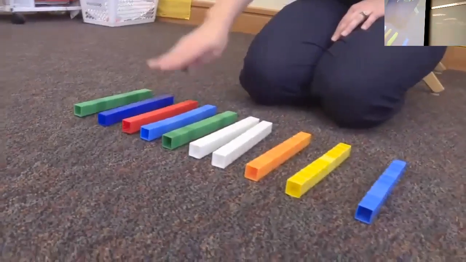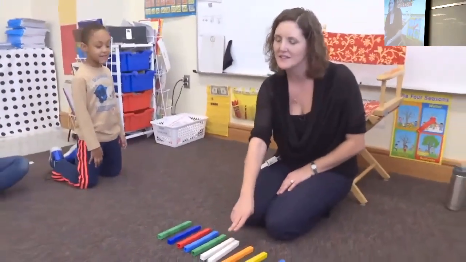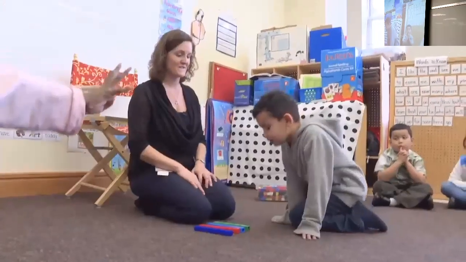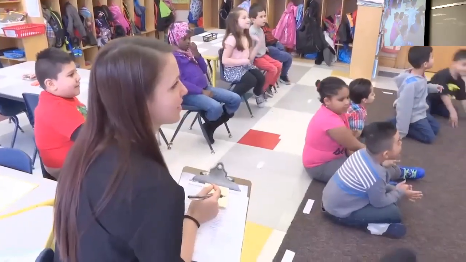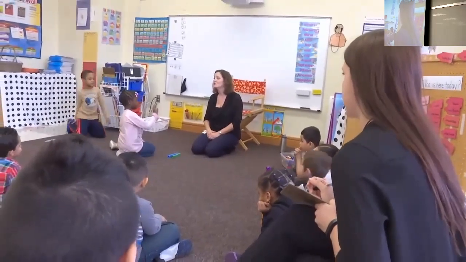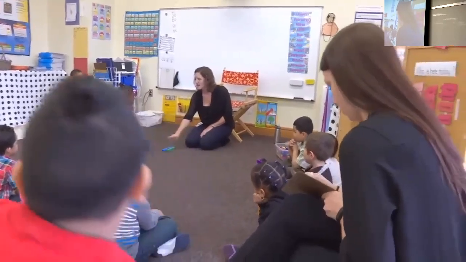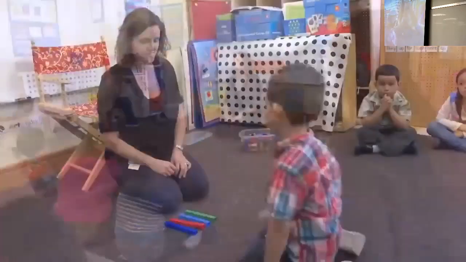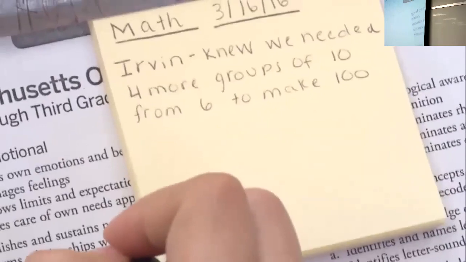10, 20, 30, 40, 50, 60, 70, 80, 90, 100. We talk about trying to challenge them, having them kind of push themselves and learn new things. If we add yours to it, now how many groups of 10 do we have? 2. And how many cubes altogether? If we count 1 by 10, we have 10, 20. Good. So I give them the challenge of how many more groups did we need to actually get to 100. And I knew that some of them would get it and some of them wouldn't.